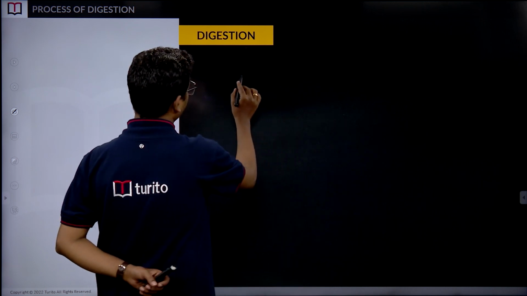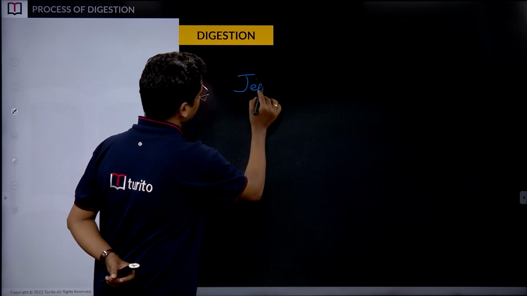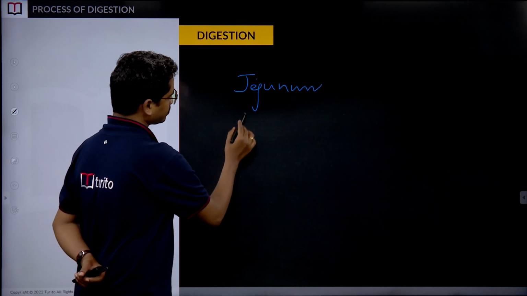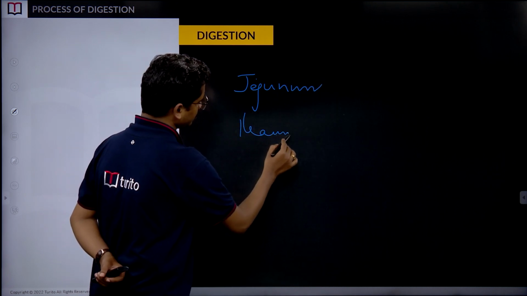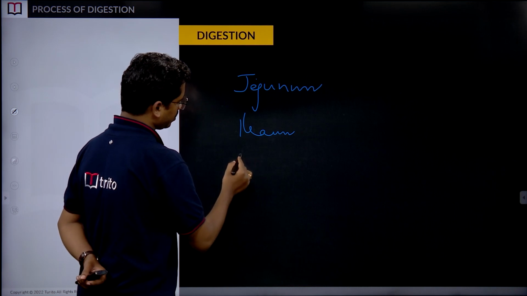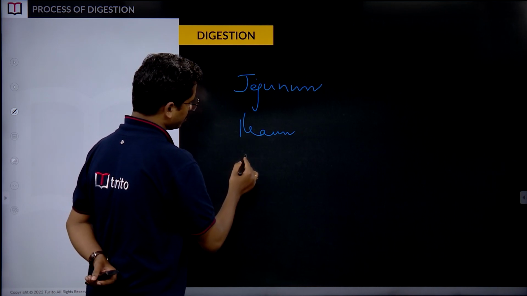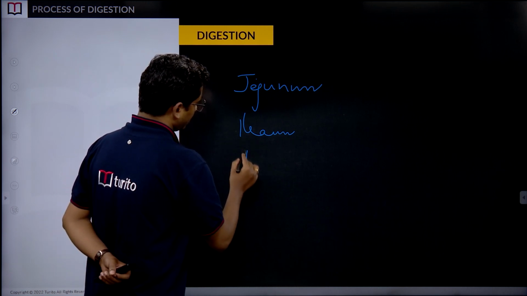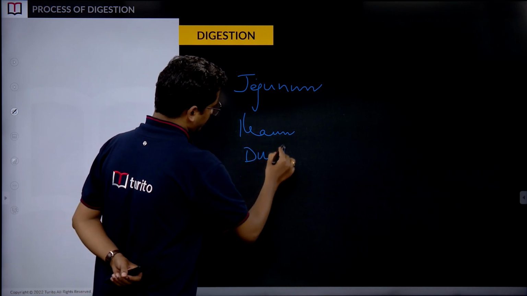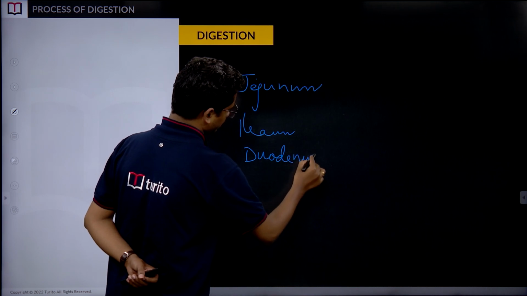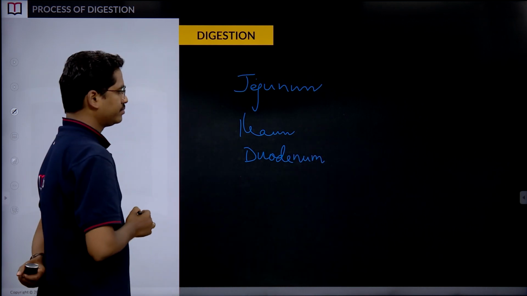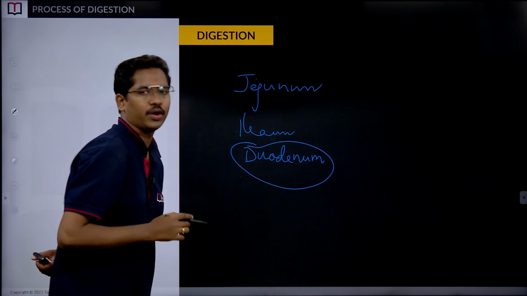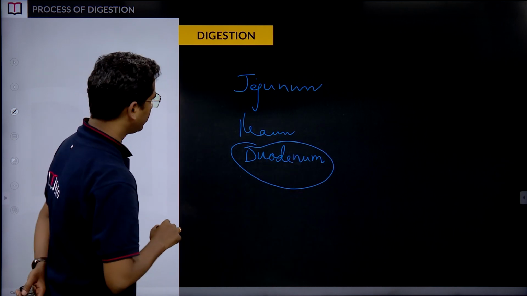I will write your responses here. Okay, ileum, and you said what is that? Yeah, I got it. Duodenum. So, actually this is the first part of the small intestine,